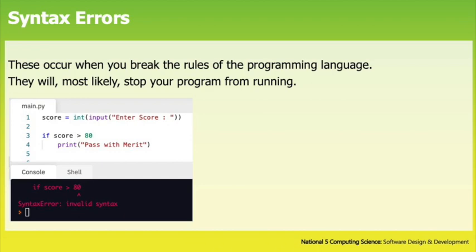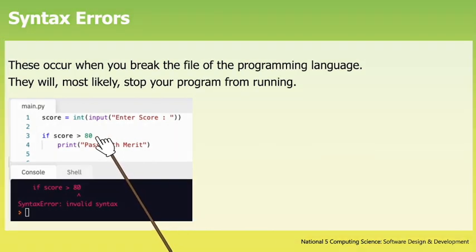For example, here in this Python code, I have missed the colon at the end of my if statement. I have then gone and tried to run my program, and my development environment has just stopped. It's not even run the program, and it's telling me there is a syntax error. So with syntax errors, you're unlikely to be able to run the program, and it's because you've broken a rule